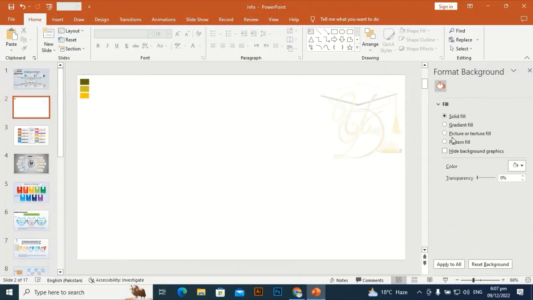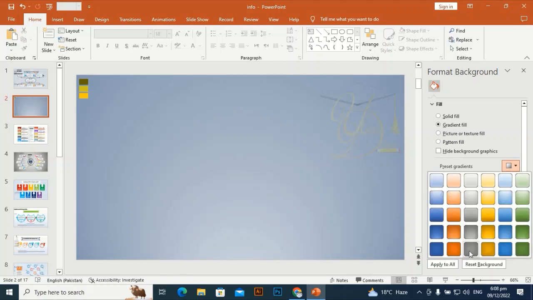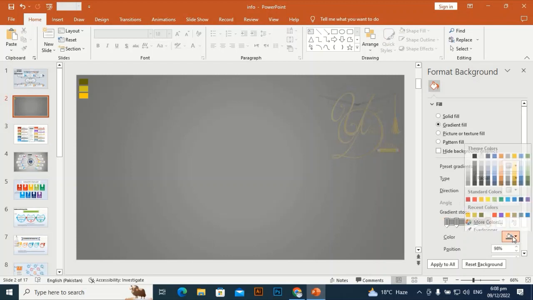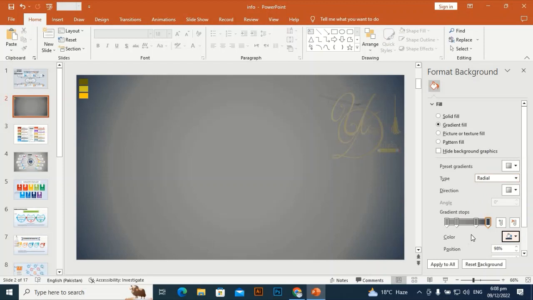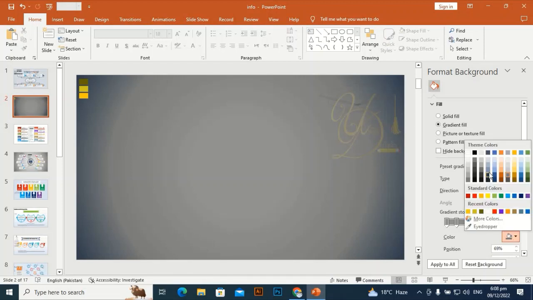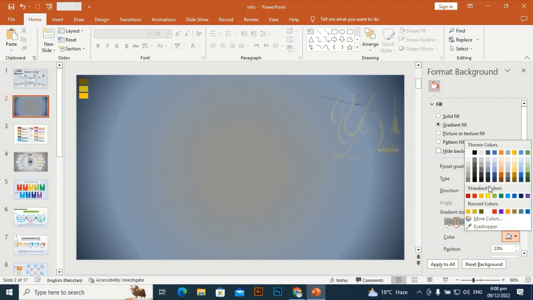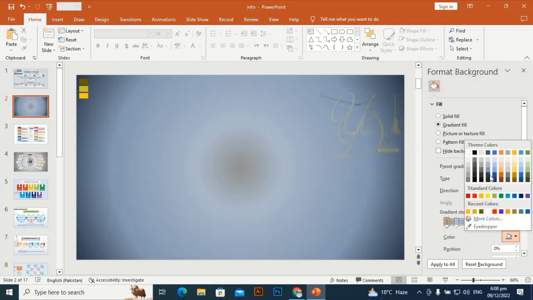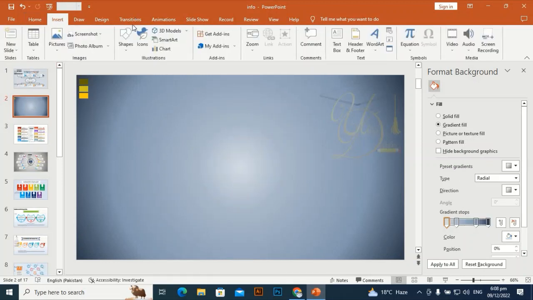Go to format background, go to gradient, we will give it some radial gradient. I think it is okay. We will make it a lighter color and a darker color from the sides, going to the lighter color to the center. The center will be the lightest color. Go to insert, round rectangle